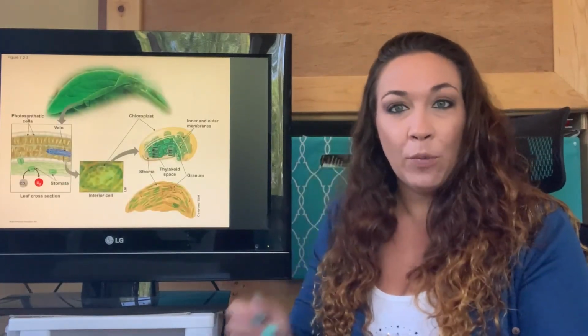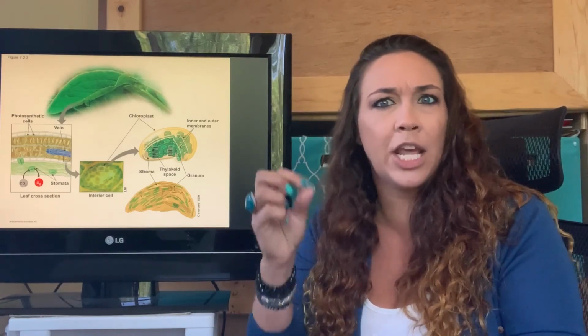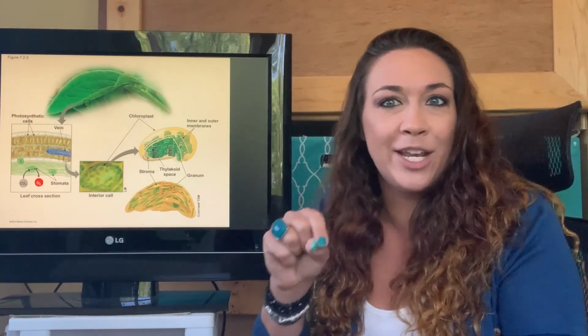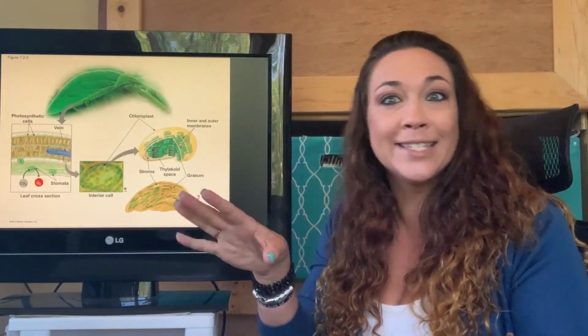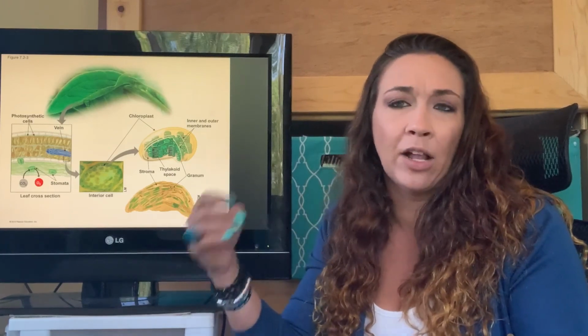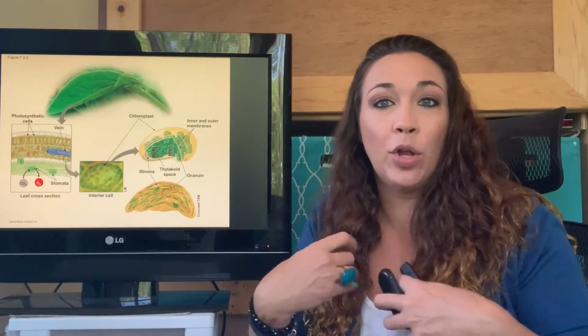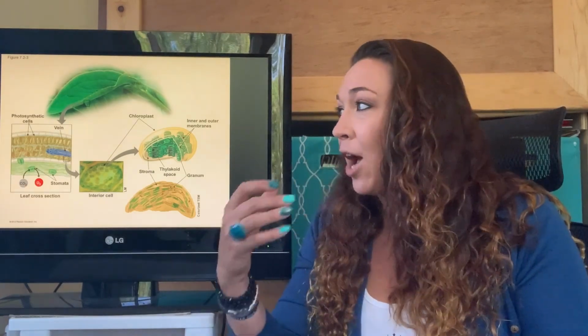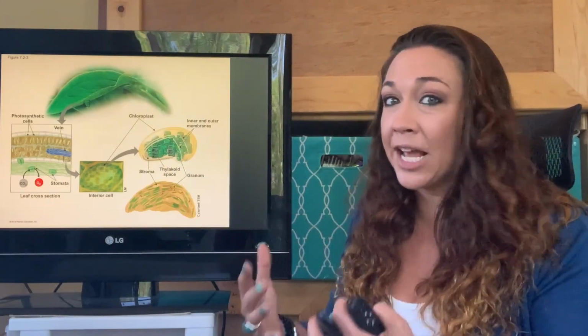Now, where is this all happening? We've kind of learned about the chloroplast already when we were talking about the different types of cells, but now we're actually going to get specific into where the nitty-gritty of photosynthesis is occurring. So this is our little leaf right here. It has these photosynthetic cells, meaning it has a bunch of chloroplasts in each one of its cells. That chloroplast is a green pigment that actually absorbs all these different spectrums of light. It is what makes the leaf green, and it is the site of photosynthesis.